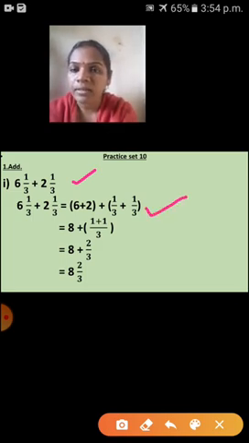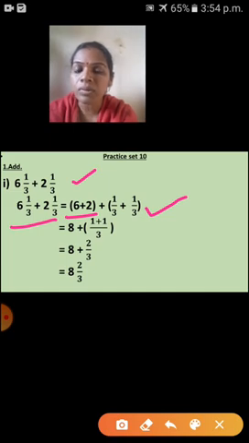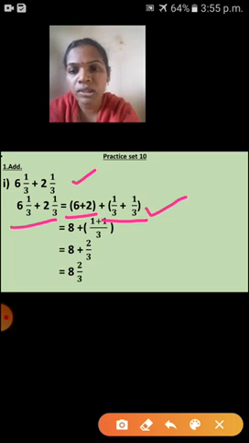First what I told, yes, the whole number parts you have to write together and the proper fractions, that means the fraction parts, you have to write together. So here children, see here 6 plus 2, 6 and 2, these two are the whole numbers of this given sum. So 6 plus 2 plus, and here the fraction parts I have written together, that means 1 upon 3 plus 1 upon 3. So I hope you understood this first step. Shall we go to next?